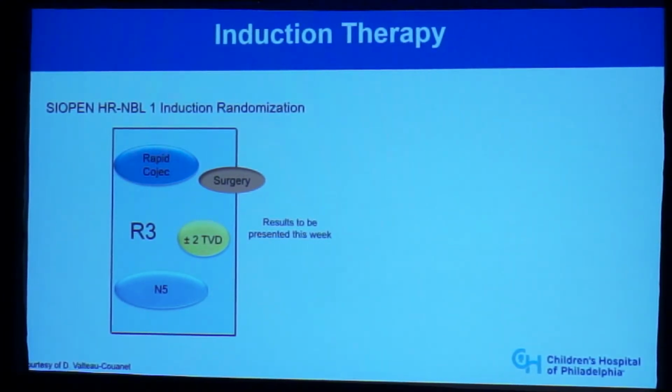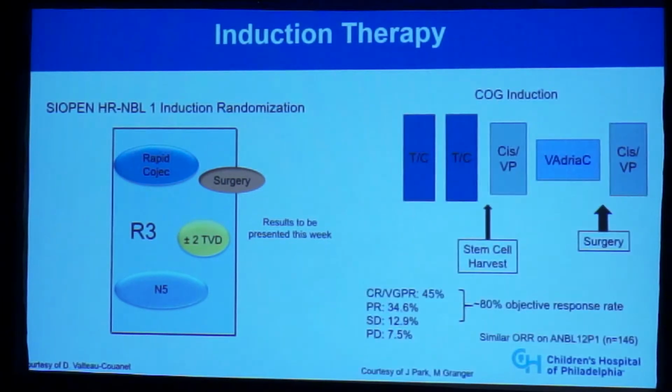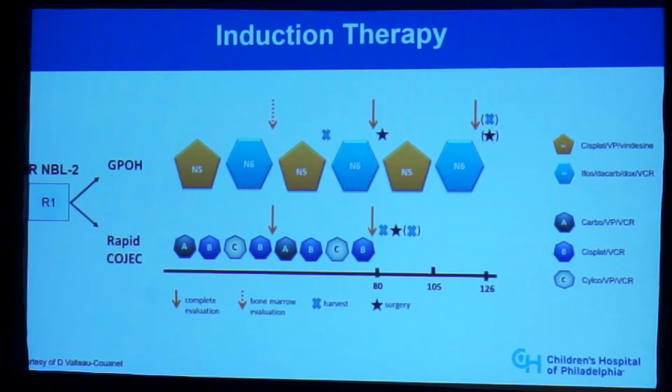In North America, we've taken a little bit different approach. Still intensive chemotherapy with somewhat different agents and a little bit different order of events. So this is a diagram of a regimen that was originally piloted in Julie Park's hands in a pilot study in the COG and then studied more intensively in the randomized ANBL0532 trial, and then was used again to answer a different question in a subsequent pilot study led by Megan Granger.